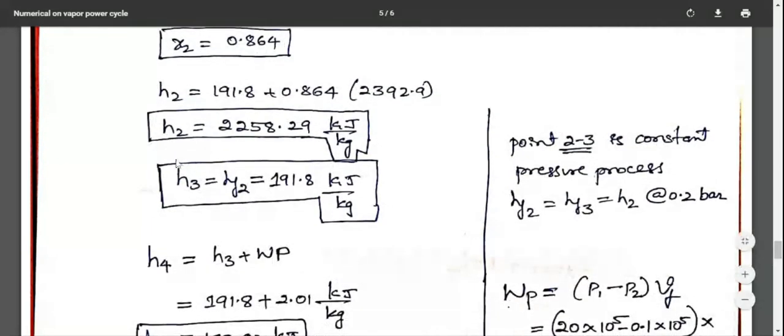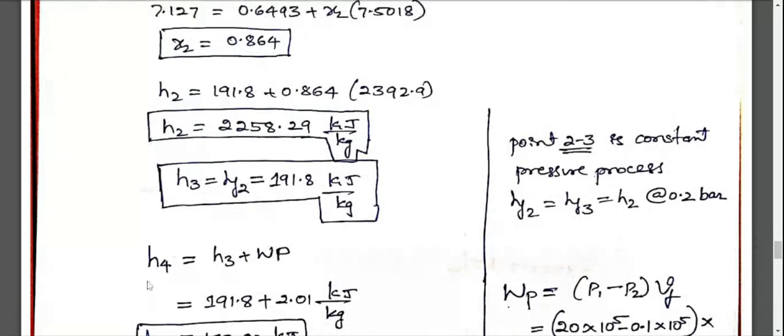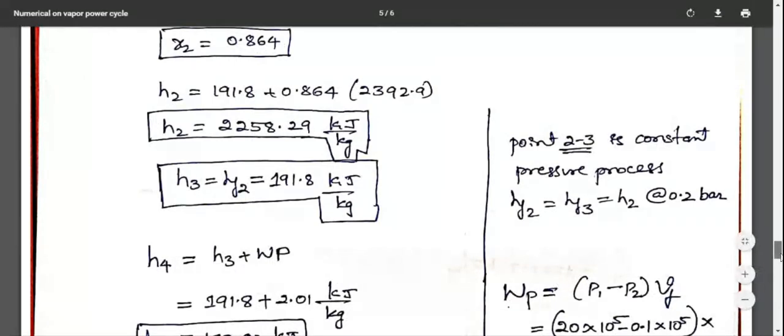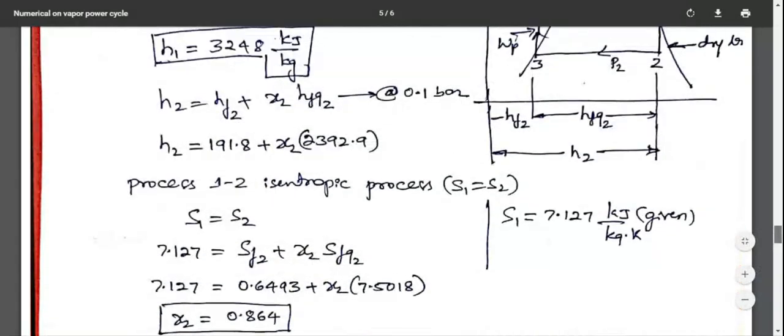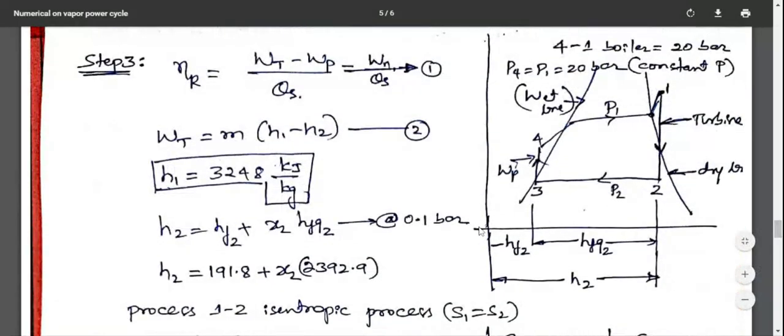Now both H2 and H3 you have calculated. So the remaining one is H4. So H4 is equal to, look at the TS diagram. It is very easy. Okay. Now here from this origin to H4, this is the value of H4. So H4 is equal to